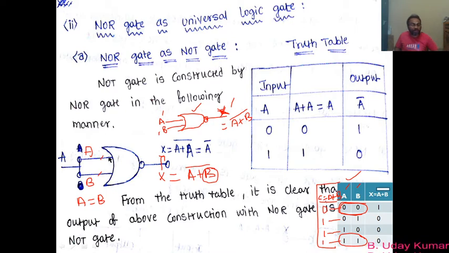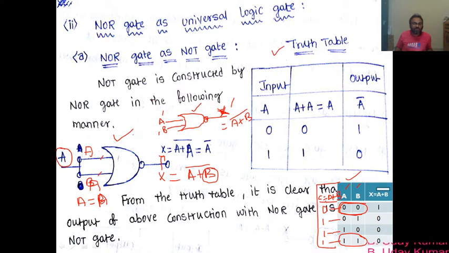Anyway, now this NOR gate in general used to have 2 inputs and 1 output. But here we have constructed the NOR gate in such a way that it has only 1 input and 1 output. Since we have only 1 input, there will not be any B now, and this is also A, there is no B at all. So now we have only 1 input. Now let us try to understand its operation with the help of the truth table.